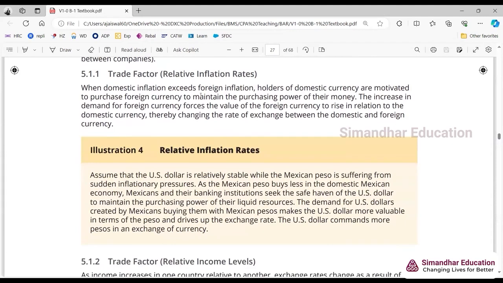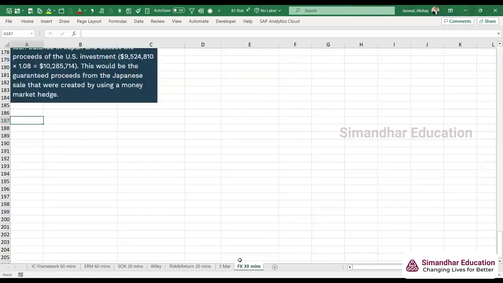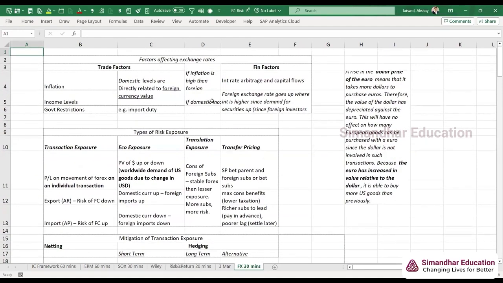Trade factors are there. I have a summary for this also. Hold on. FX. Yeah. So trade factors, what are trade factors? Inflation, income levels, government restrictions, everything will impact the forex rate. So domestic levels are directly related to foreign currency value. If the domestic inflation is higher, foreign currency will also become higher,